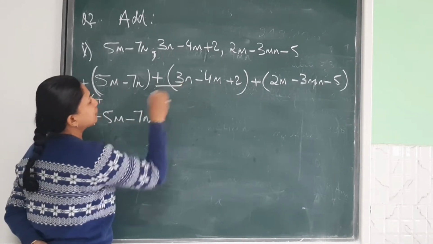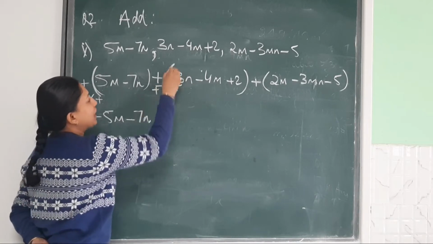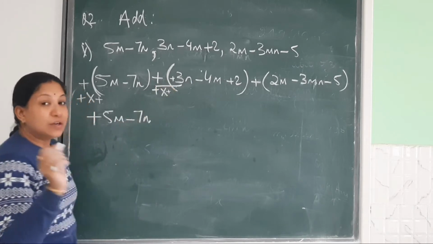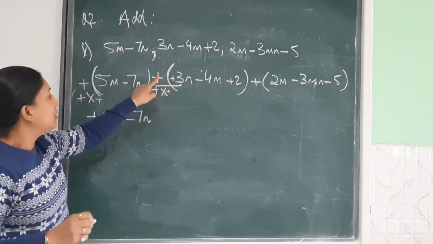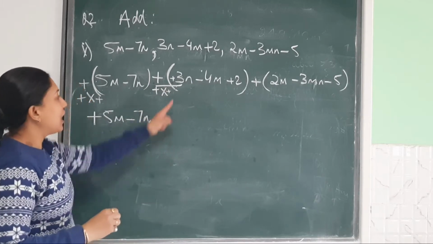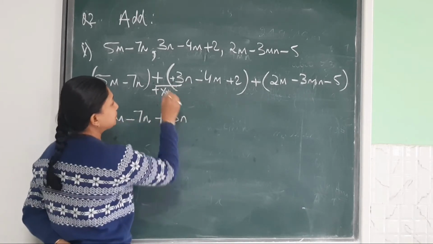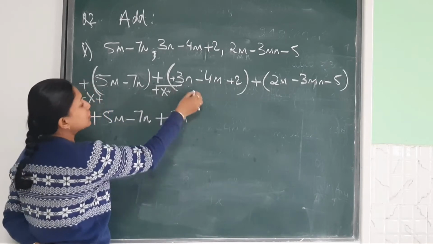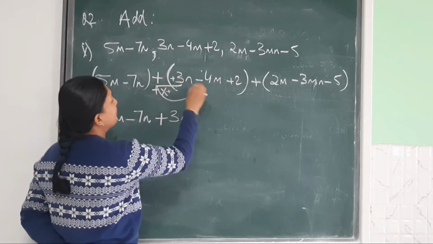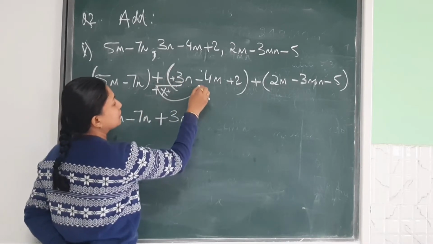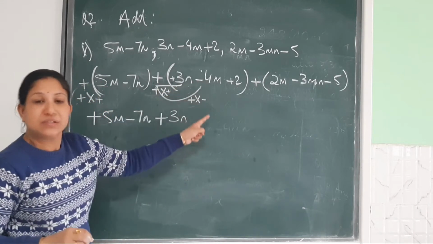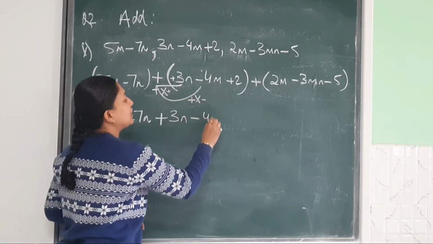Come to the next one. What is here? Plus, bracket means multiplied by, no sign means a plus sign. Do it with pencil, show it with pencil. Plus into plus, same sign, you put a plus sign and you will copy 3n. Here also I have copied directly. Let's check for this one also. Plus into minus, for this plus multiplied by minus. See, plus into minus, difference in sign, put a minus sign.